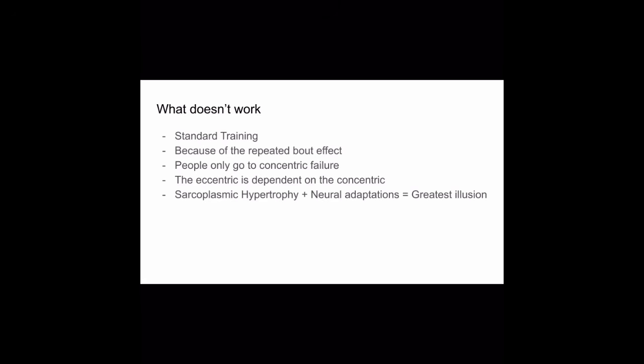But there's two different types of muscle growth. There's sarcoplasmic and myofibrillar. Now, what we're talking about with this myonuclear domain size limit, it's going to be myofibrils, okay? Now, over time, are these standard training lifters growing myofibrils? Possibly, because the eccentric has to adapt to that weight in the future, but it's slow and inefficient. It's too slow and inefficient. The reason is because of this. You guys have to keep the repeated bout effect in mind.